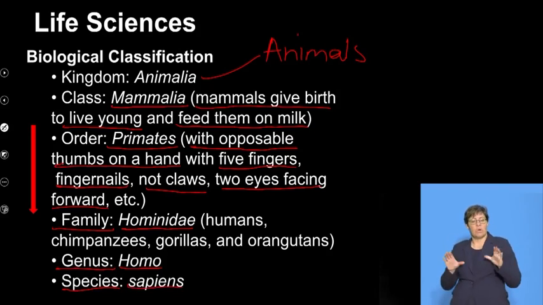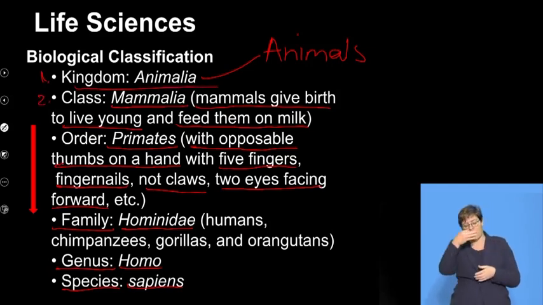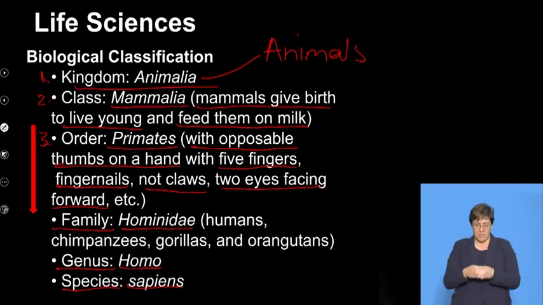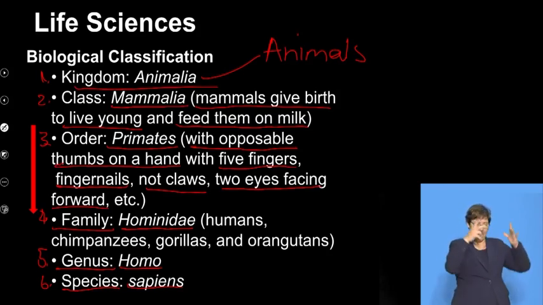So we start at the largest group, and we look at the characteristics of the largest group. Then we move to the second group. So this would be the first group, this is the second group, then we move on to the third group. Each time we move down to another classification level, we are getting more and more specific with the characteristics. So the characteristics become more specific, and so we make the groups, or define, if you like, the organism's classification.